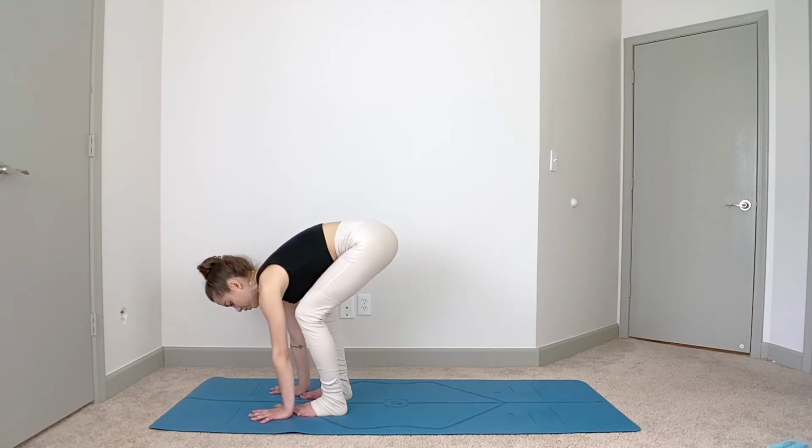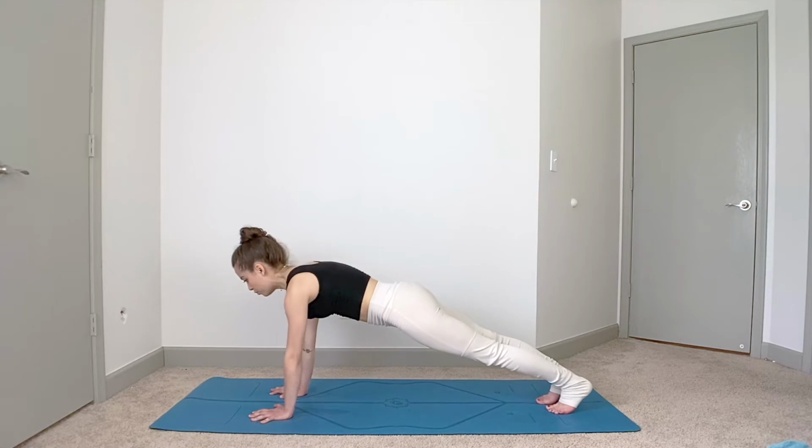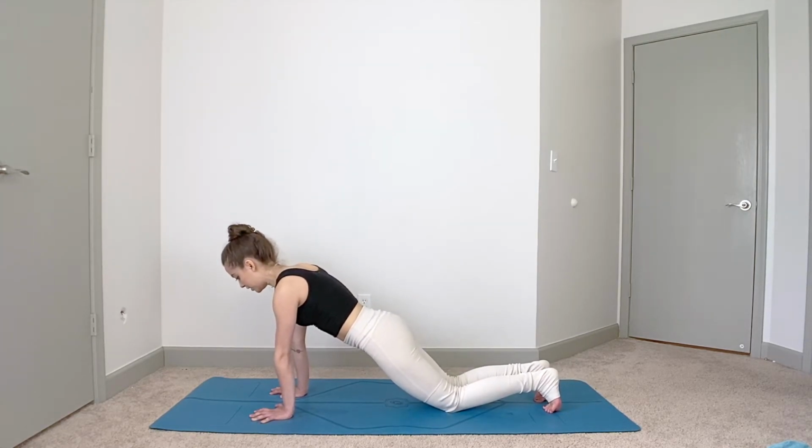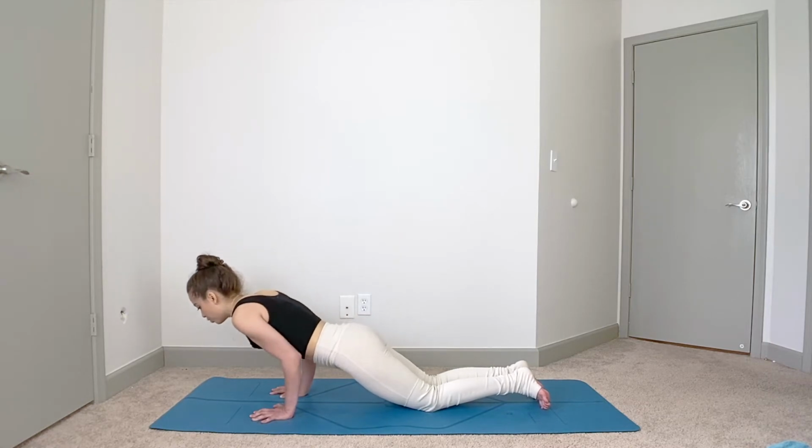Plant the hands on the ground. Step one foot back and then the other. Plank pose. Option to drop onto your knees here and continue the rest of this sun salutation on your knees. Or you can stay in plank pose, but then we're going to all exhale to lower all the way down